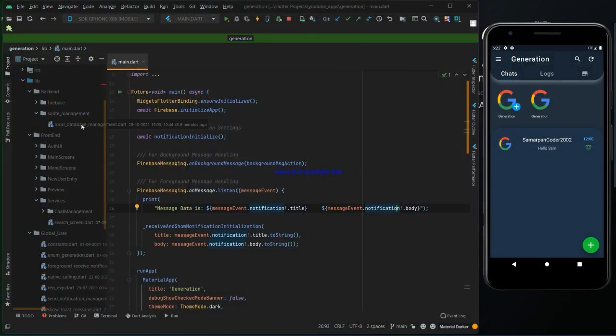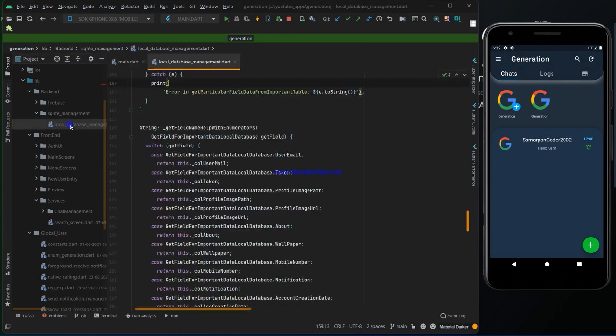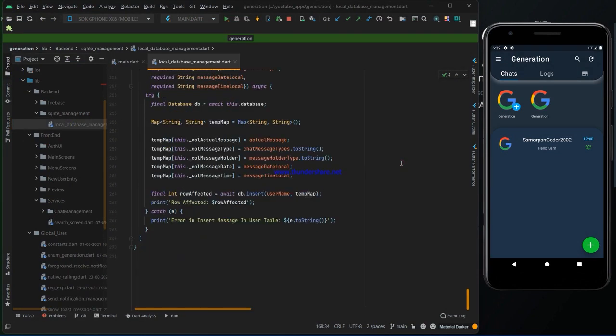First come here under local database management, under SQLite management. Here we have to make a method to fetch all the data.